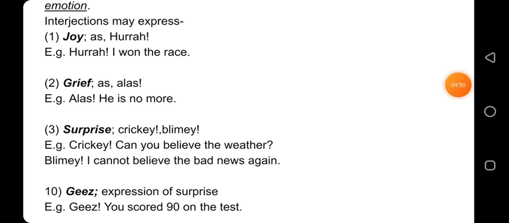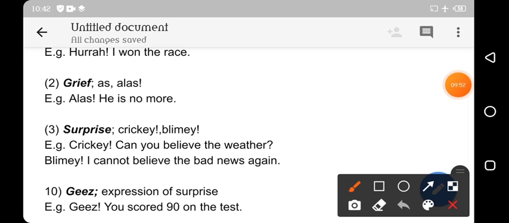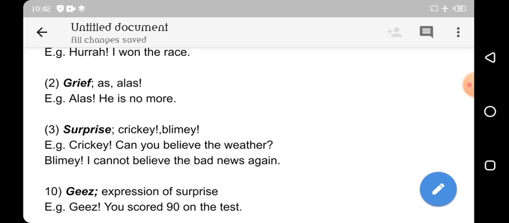अब यहाँ पे देखें, आपने पहले कोई बुरी खबर सुनी है, तो अब एक और आपको बैड न्यूज़ किसी ने सुना दी है. ठीक है. तो आप उसको भी यू कैन नॉट बिलीव, बार बार आपको बुरी खबरें मिल रही हैं तो देयर इज समथिंग हार्ड टू बिलीव, राइट? सो there you can also use this expression blimey. So blimey, I cannot believe the bad news again.